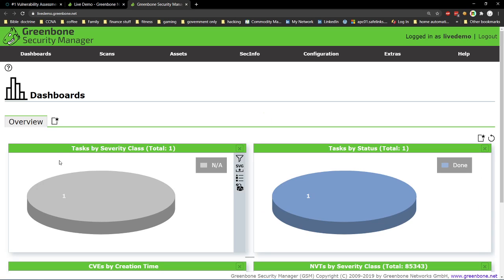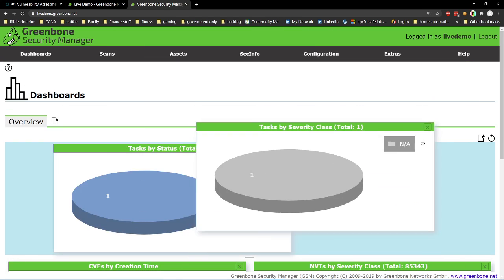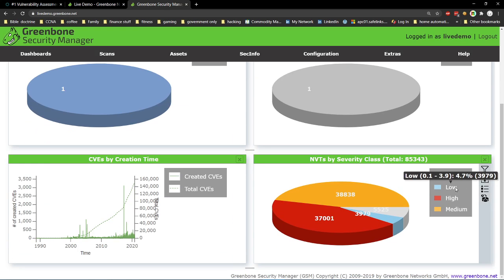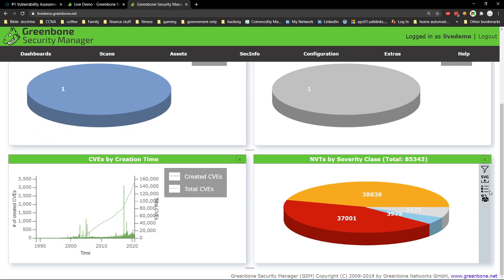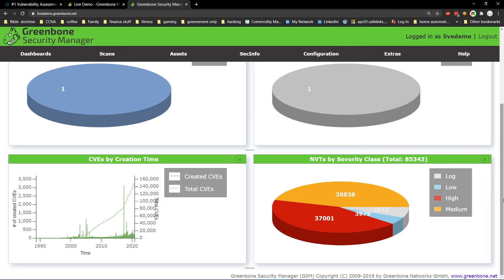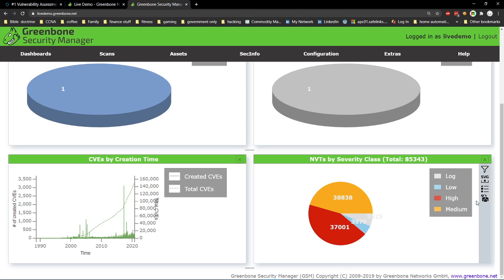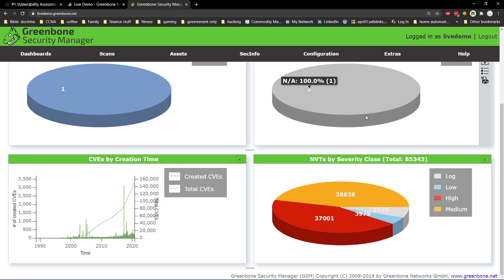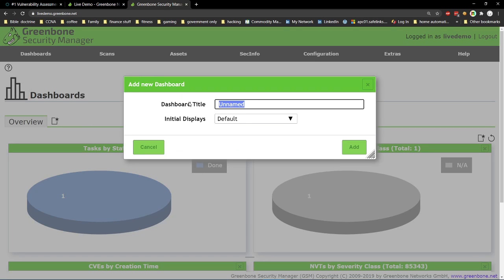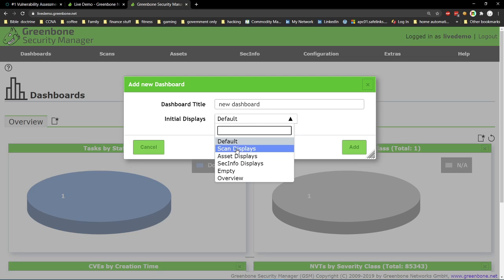This is your dashboard, what you would see in the Greenbone Security Manager. You can customize your dashboard to your liking, move stuff around, and change the filter. You can filter by severity. You can download the charts as a vector graphic and change the display of the pie chart. So that's one thing, your dashboards. You can save your dashboard under a different title. You can pick the different display if you want to see